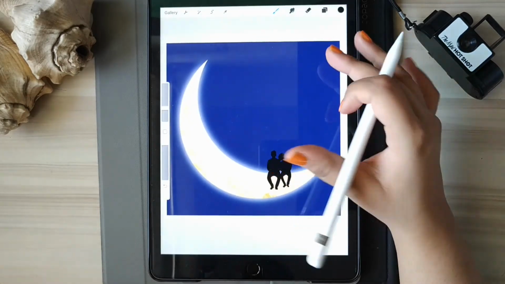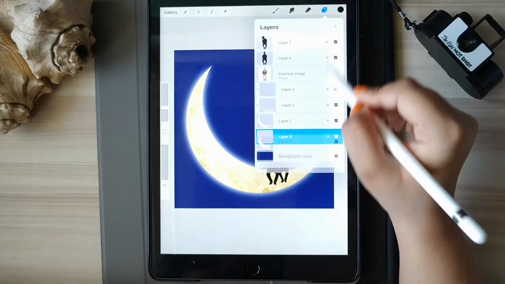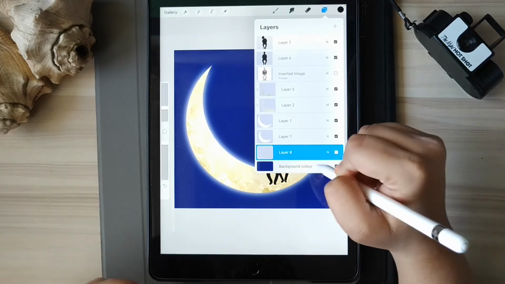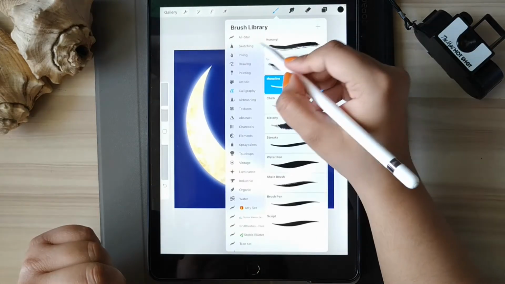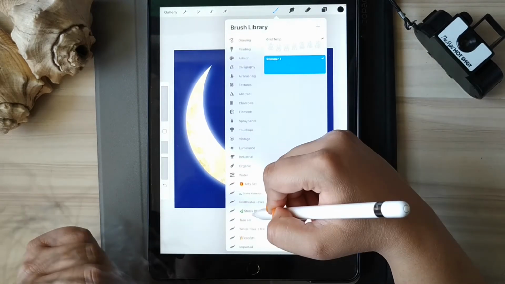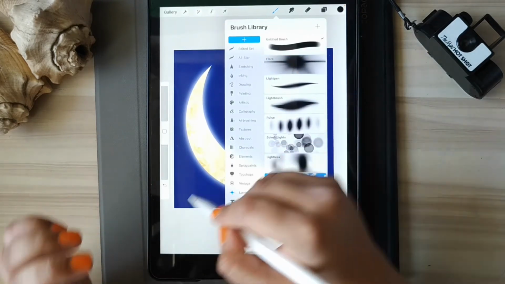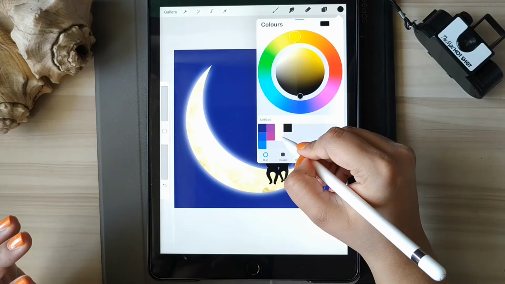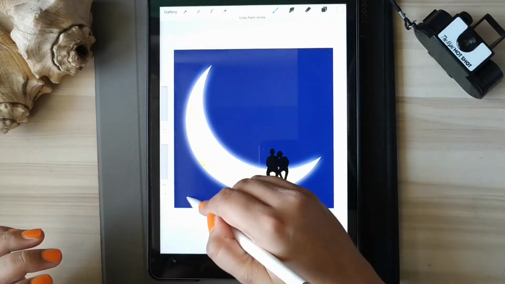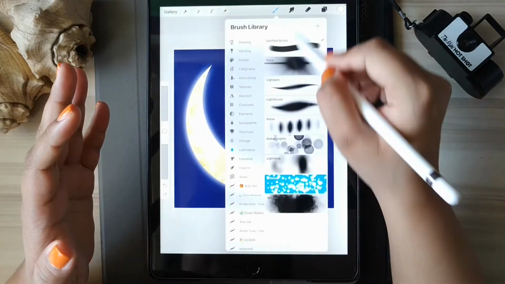Let's create some stars. So let's create a new layer and move it to the very bottom of the layers menu. This will be the very bottom. So let's go to the edited luminous. Basically, you can go to the luminous menu and select this glimmer brush. Before that, let's select the white color. This is what we'll get, and it's too much, there are too many stars and it doesn't look realistic, or maybe it doesn't look quite like the stars you want.